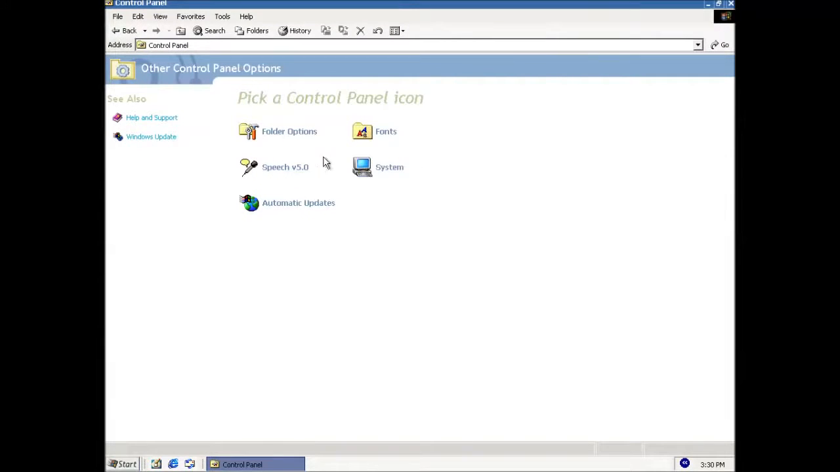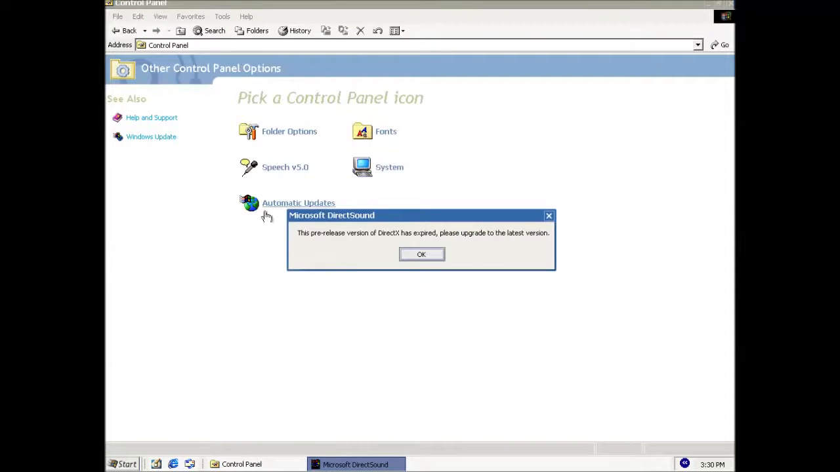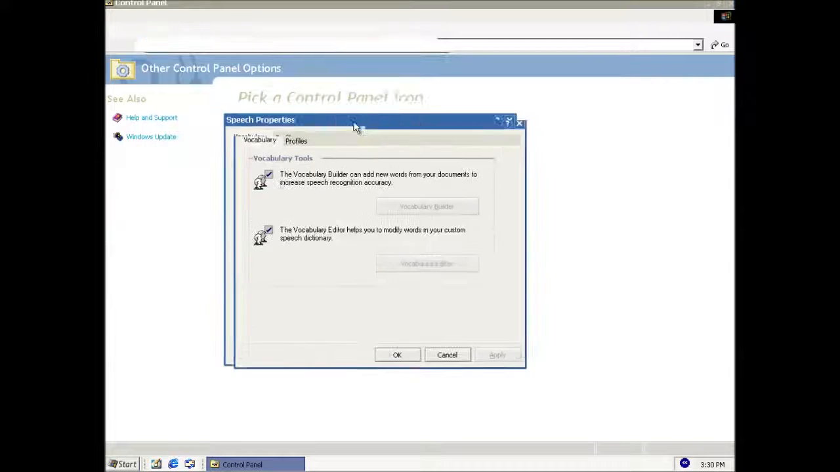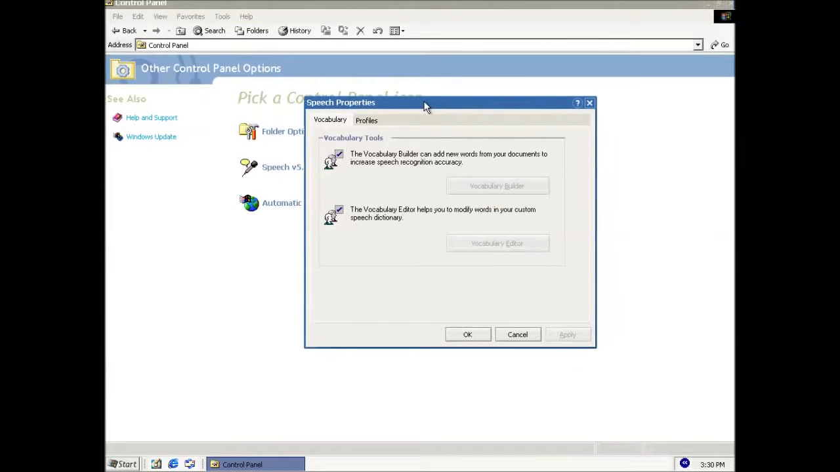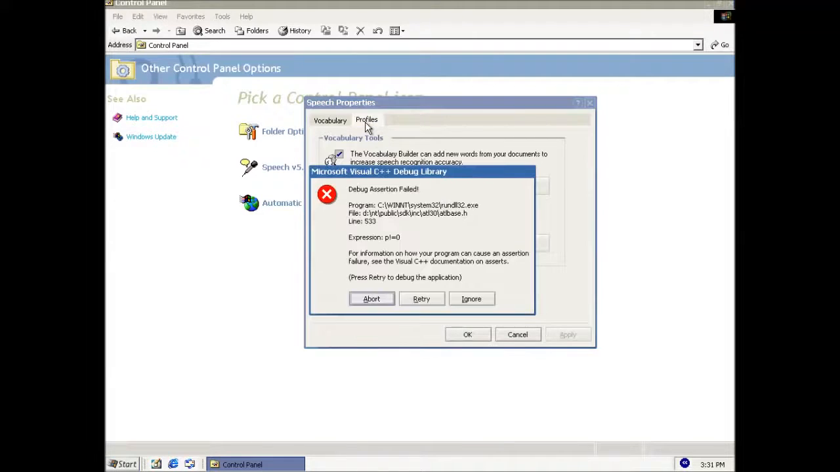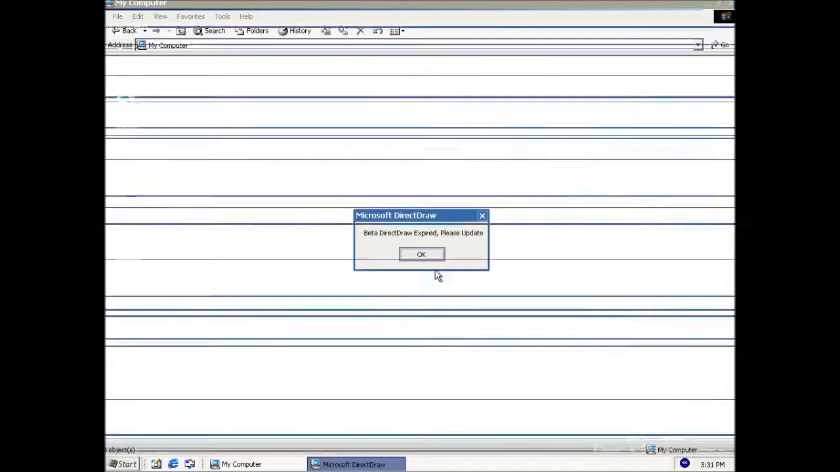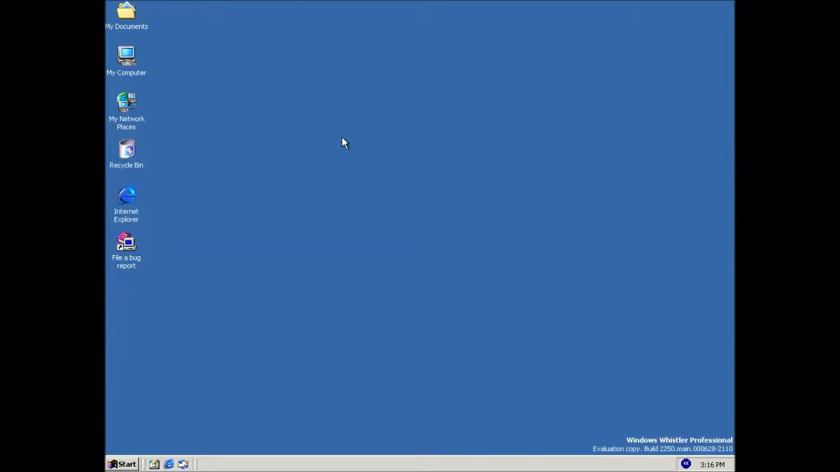Got some extra control panel icons here. This one, speech version 5, is not one I'd expect to see there. So we've got these vocabulary tools here, but you can't access the options. So that's odd. Now, as you've probably realised already, a lot of new things debut in this build of Whistler,